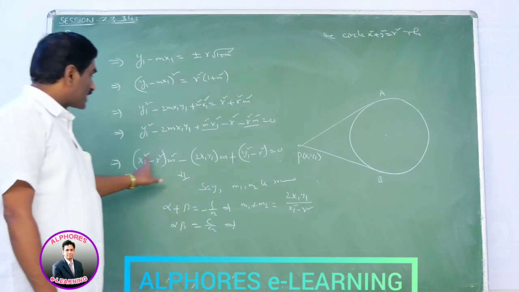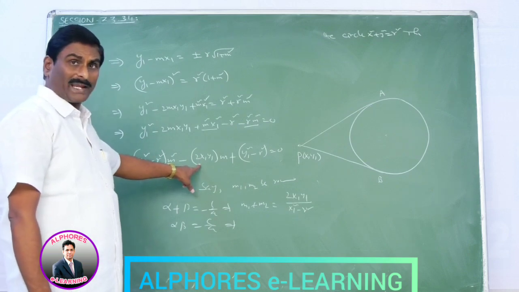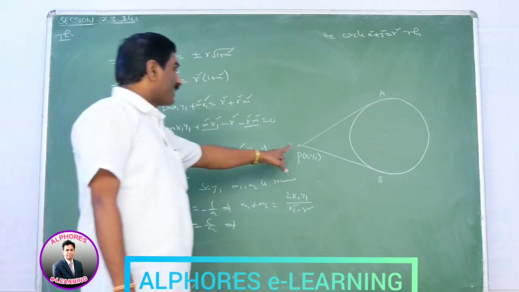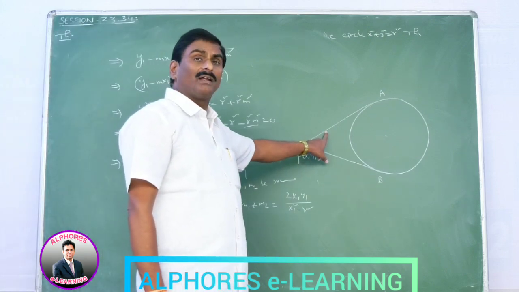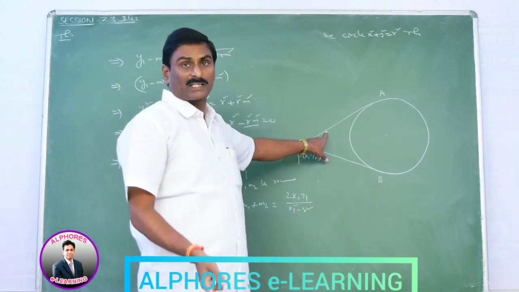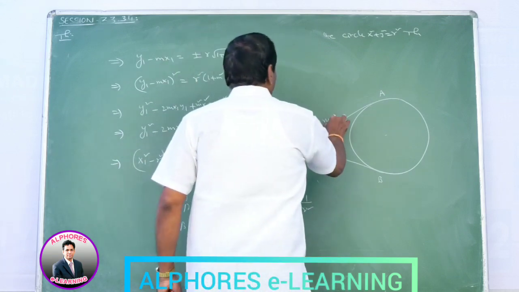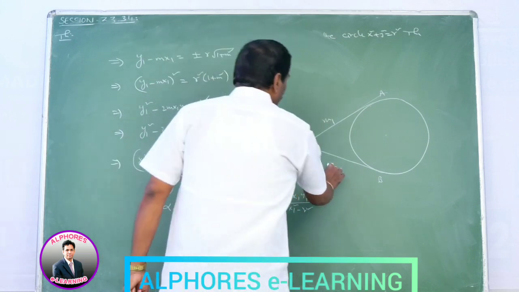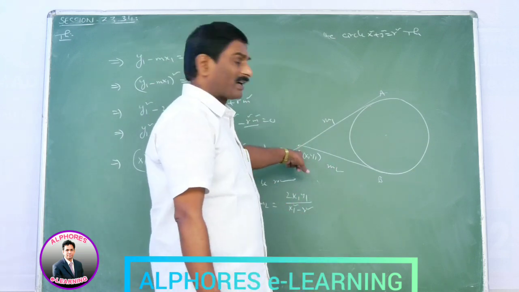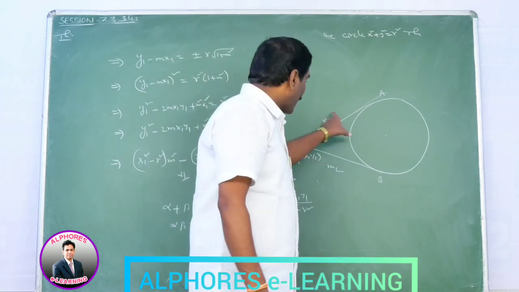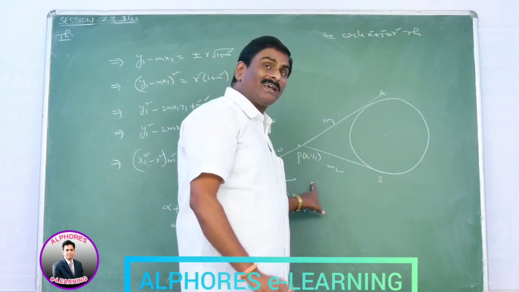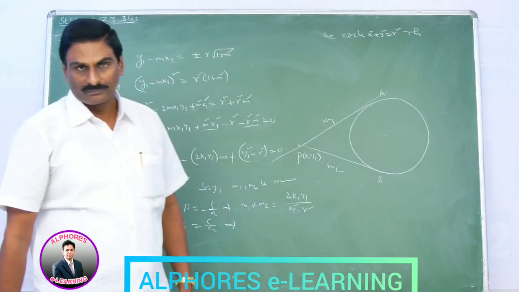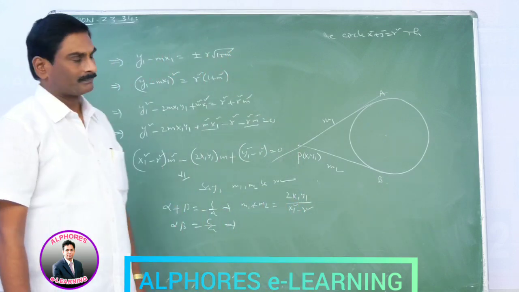By factorizing this, we get two values of m. Okay. Say one of the slopes is m1, another slope is m2. If the point and slope are given, what is the equation of the line? y minus y1 is equal to m into (x minus x1). By taking the slope m1 and this point, we find the equation of the line PA. By taking the slope m2 and the point P(x1, y1), we find the equation of the line PB. The product of these two equations is the pair of lines. That equation is S1 square is equal to S into S11. Direct formula. Okay.